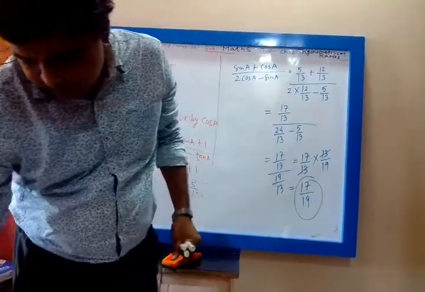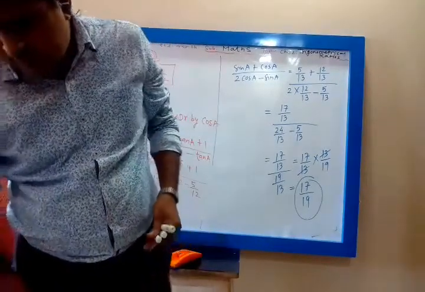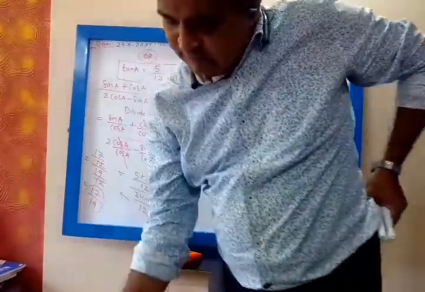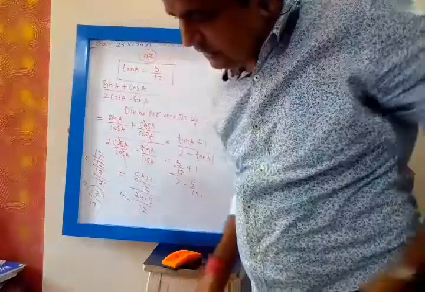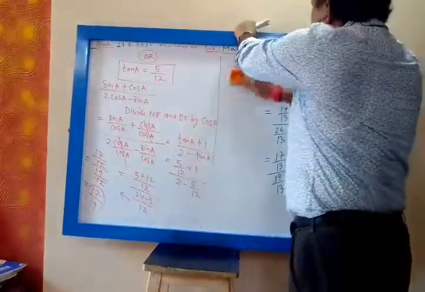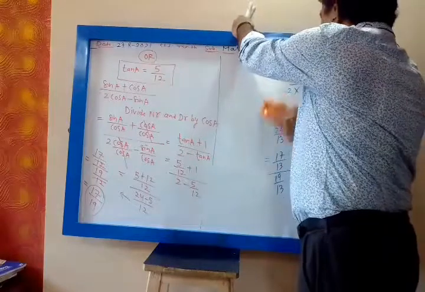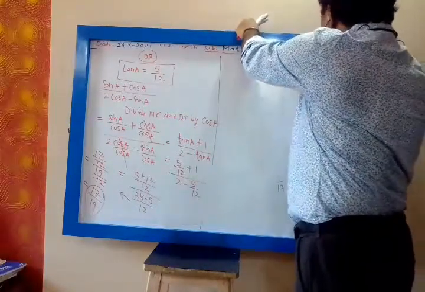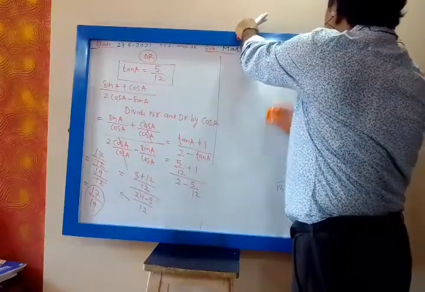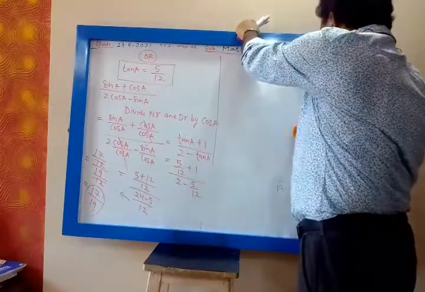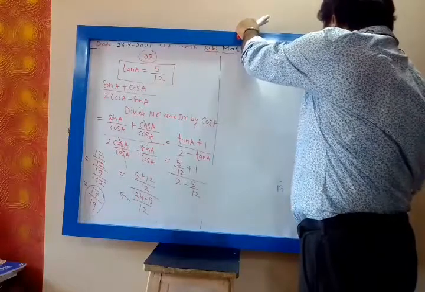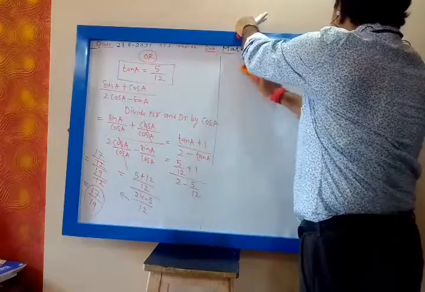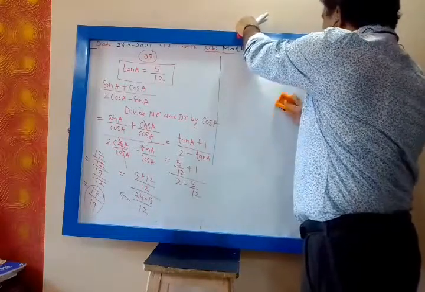Now let us solve 16th, same, 3 cos A and 4 sin A. So 16th is homework. Let me write 16th. You have to draw the diagram. Whenever it is sin A and cos A, then only you apply this technique, divide by cos A. But if it is something different, cot A, sec A, cosec A, then the only way is to draw the diagram using trigonometric ratios.